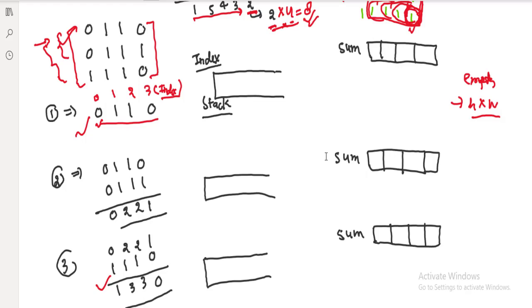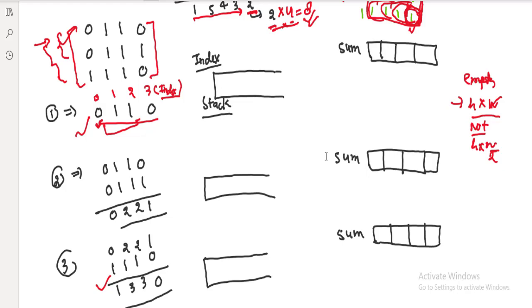And if the stack is not empty, there also we need to find height and width, but in that case the width would be, for example, if we are here and the stack contains this particular element 0, the width will be from here to here. What is that? 2. So in that case the width will be 2. If the stack is empty, the width will be based on the particular index.